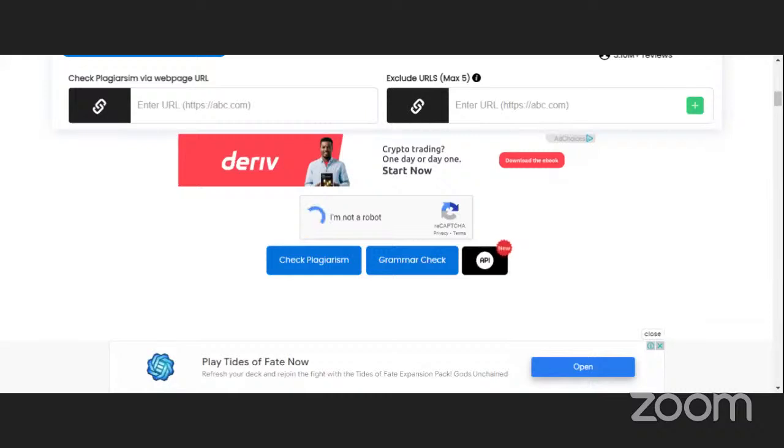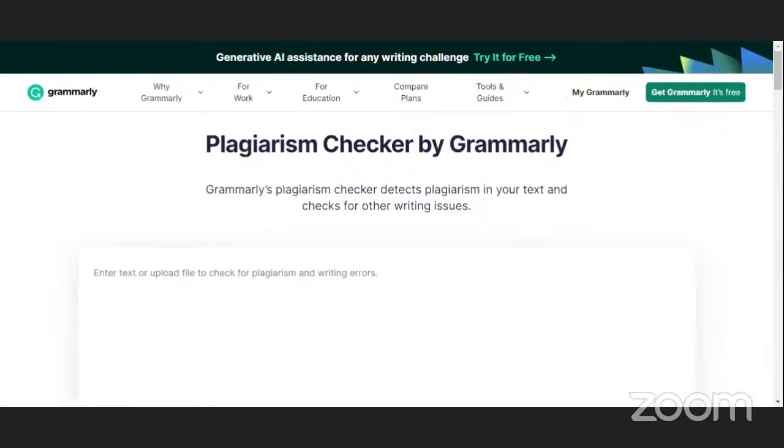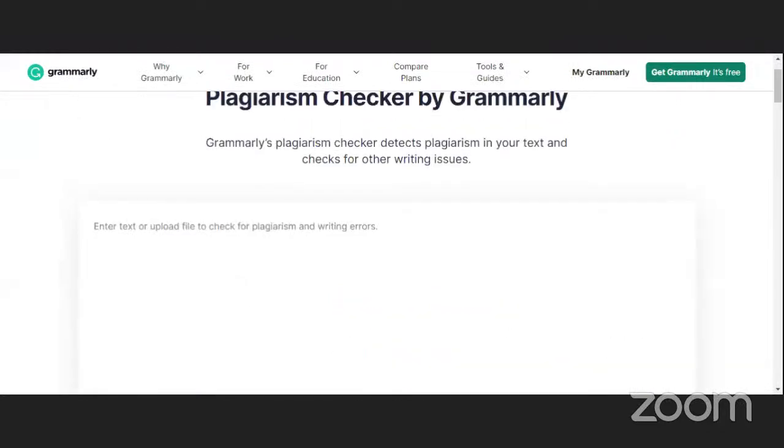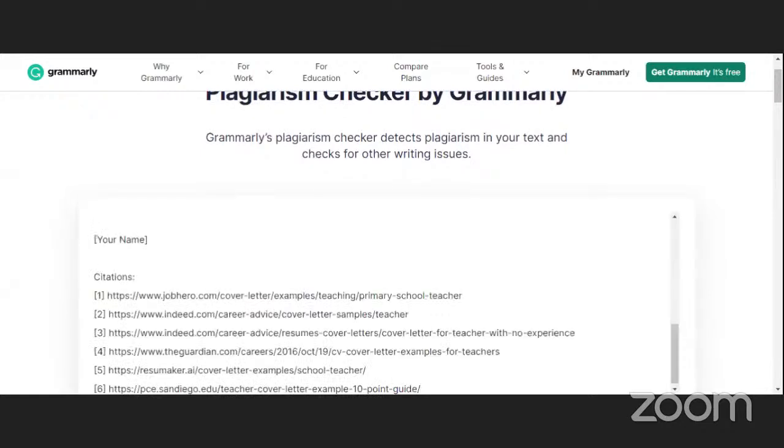Okay, the one for Grammarly is here. So, like I said, you enter your text.